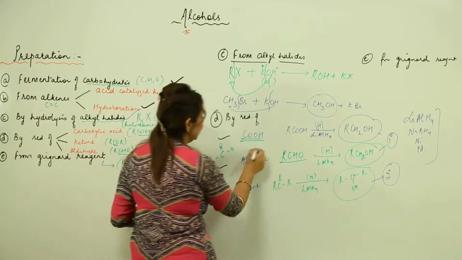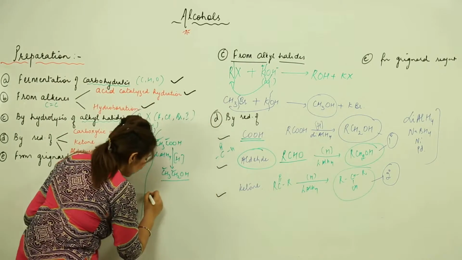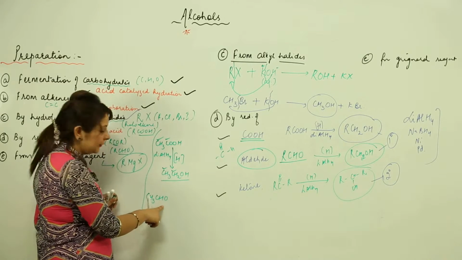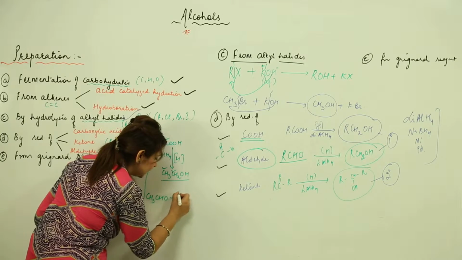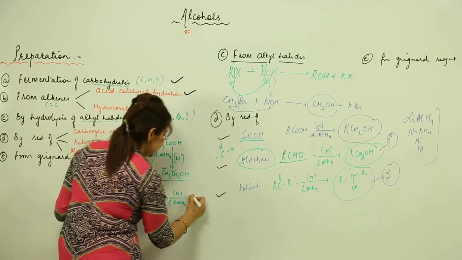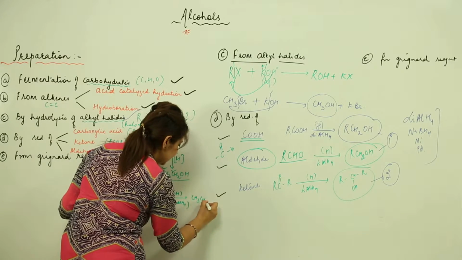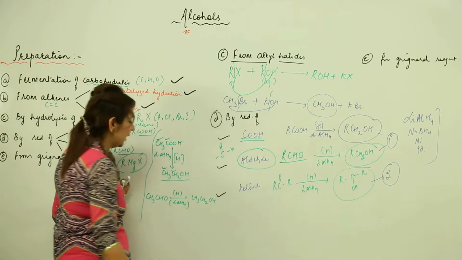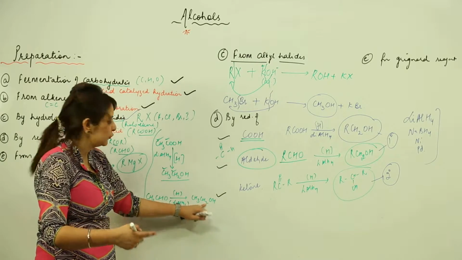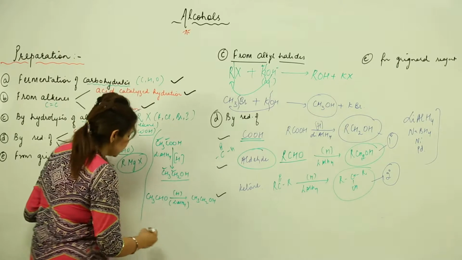Likewise we can take an example for aldehyde. Let's say that this is CH3CHO, ethanal, right. So what we are doing is again the same conditions, carrying out reduction in the presence of a reducing agent, and what do we get? We get CH3CH2OH. Again, see 2 carbons initially and 2 carbons in the product side also. Likewise, we can take it for the ketone also.